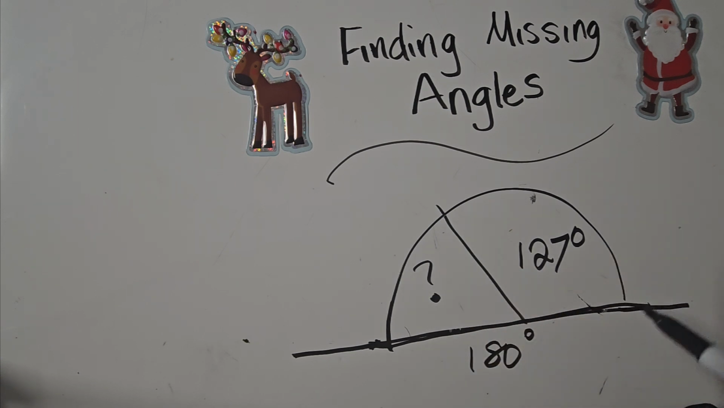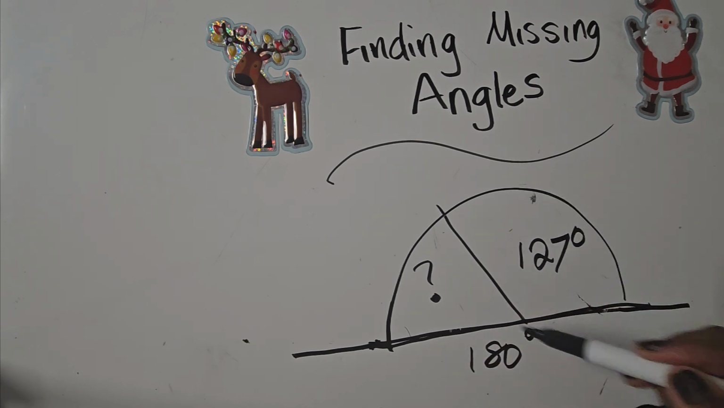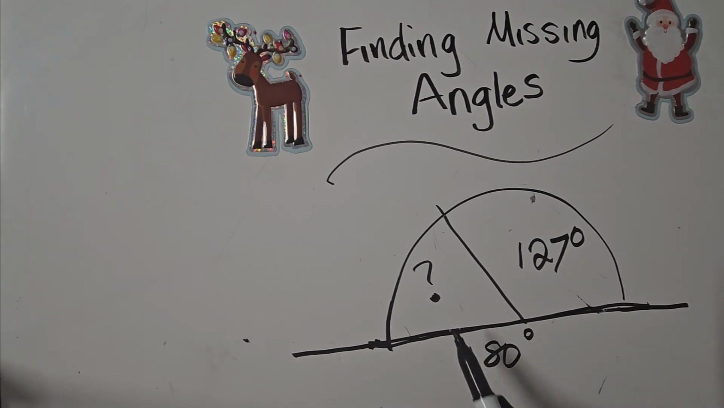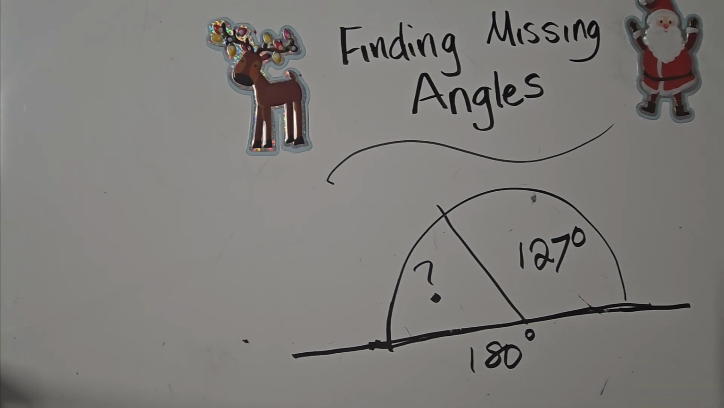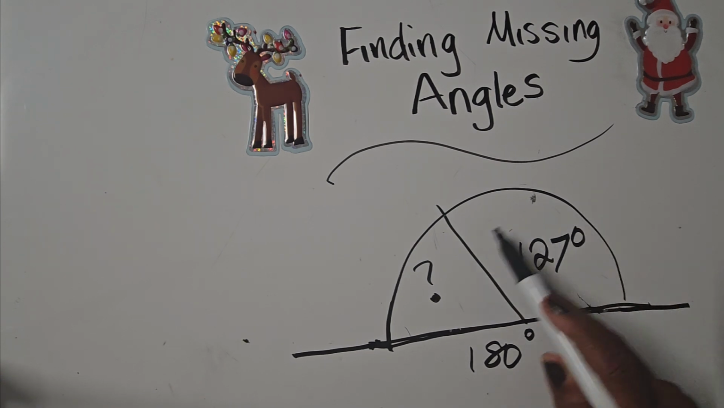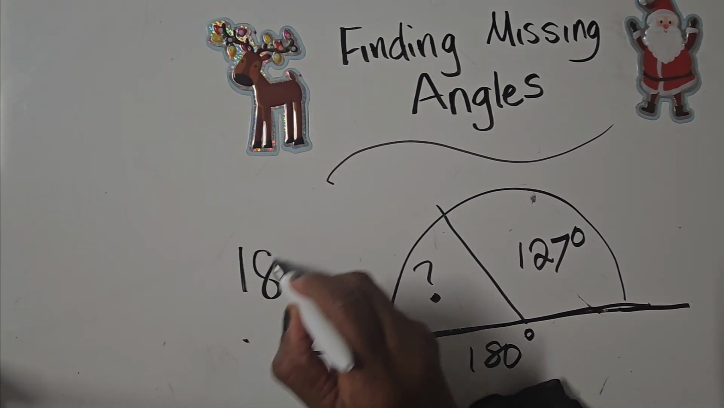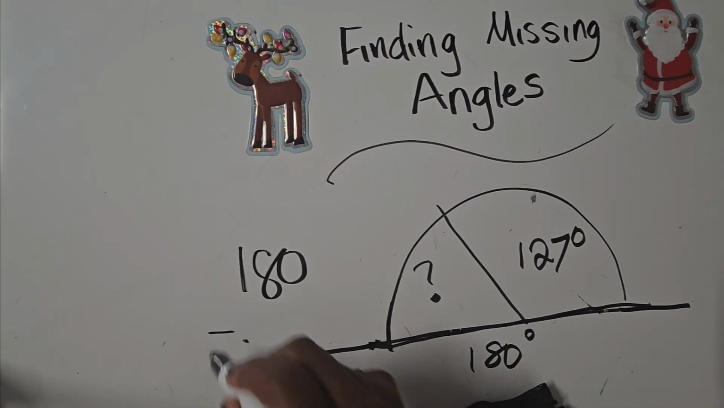Now, if a straight angle is 180 degrees and this side of the angle is 127, how do you find this acute angle on the other side? The easiest thing to do, that would be step number 2, is to subtract the value of the angle from this smaller angle so you can figure out how much this one is worth. So I would do 180 take away